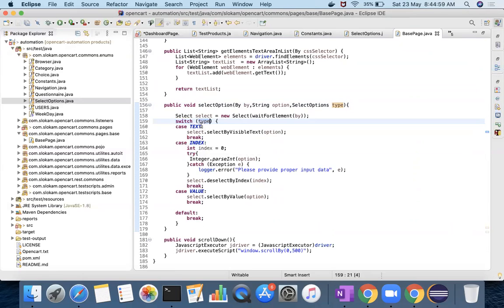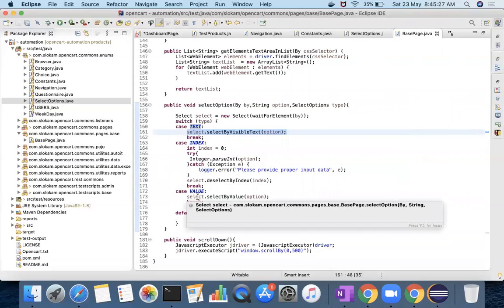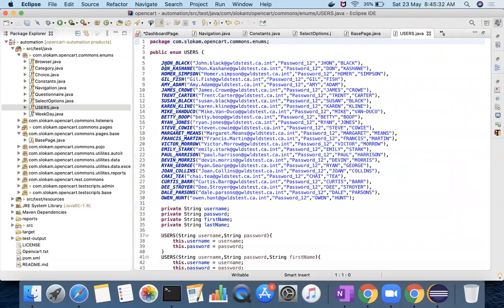It matches with the case, whether it's text or index or value. If it is text, this operation will be performed. So the values in an enum need not contain any data. Whatever enum you pass, if it matches any of these cases, that case will be executed. Okay, that is one example. Now, yeah, you see, that is complicated.